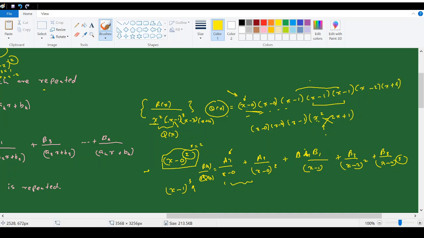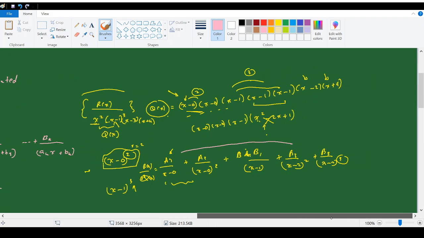Then it says there are no irreducible quadratics, but the thing is, this linear factor is repeated 2 times, this linear factor is repeated 3 times, and these two linear factors are there only once. Okay, so then what we should do is, for the partial fractions of this unit, in addition to these partial fractions,